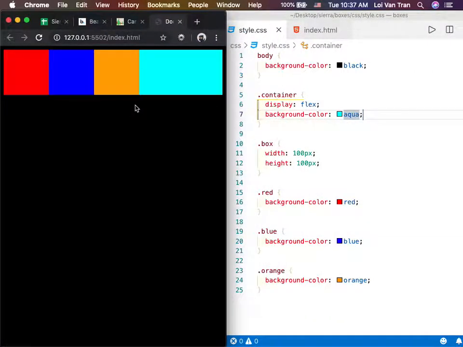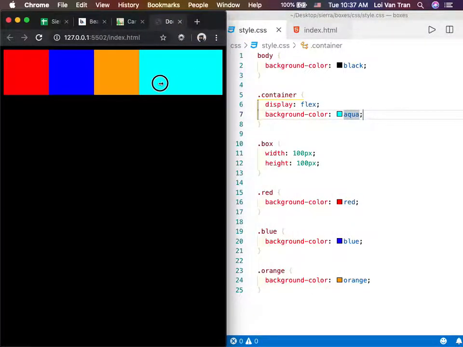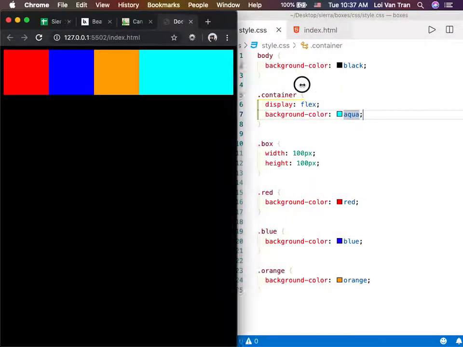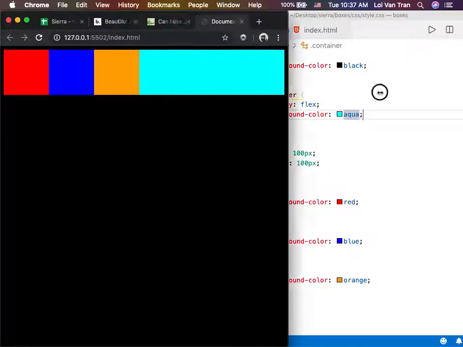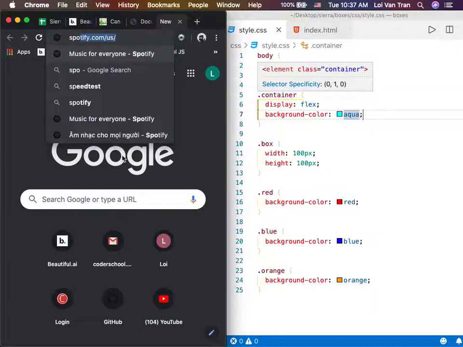What's something that grows with the screen oftentimes? Come on guys, someone help me out here. What is something that will grow with the screen? Navigation, 100% right. In a moment, we're going to be talking about,